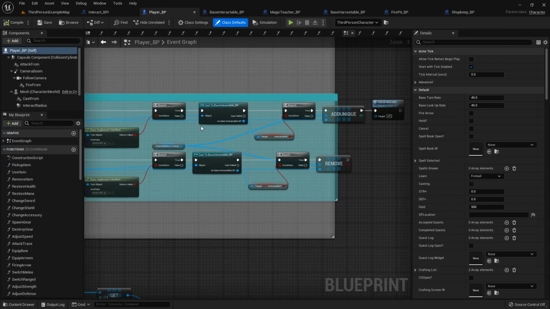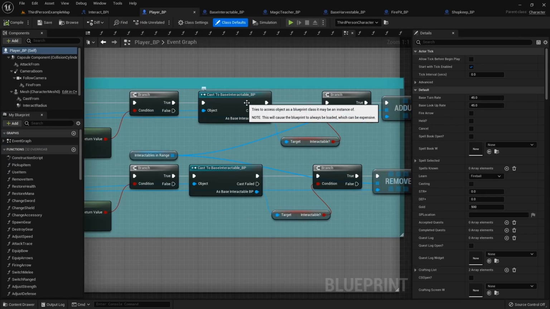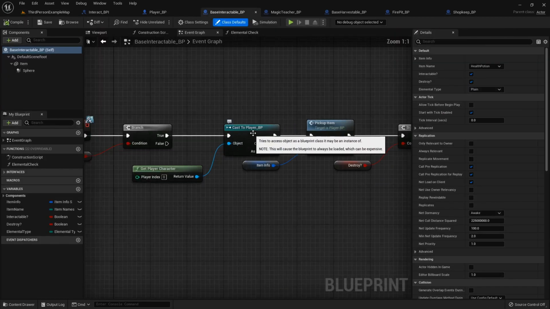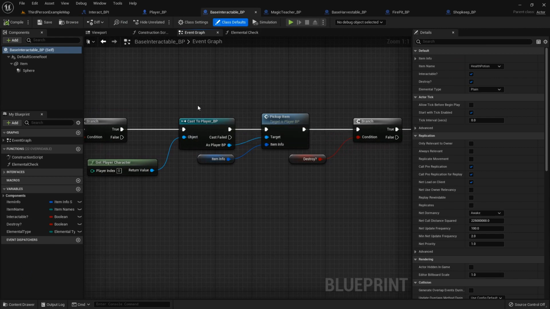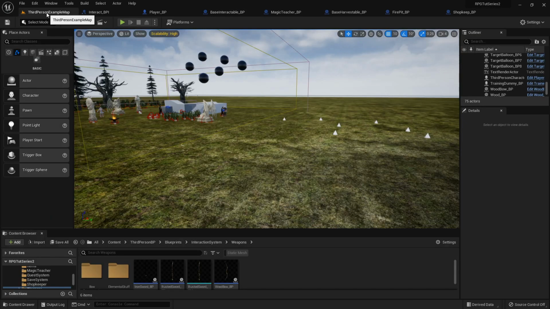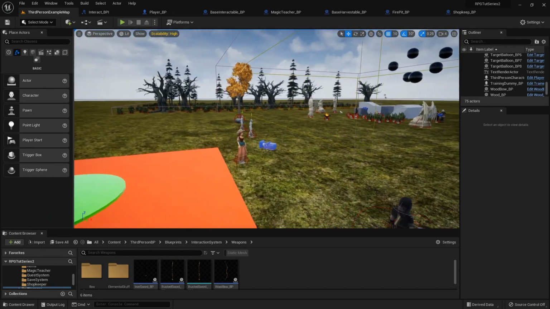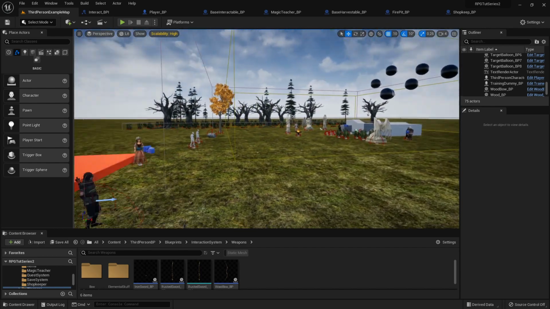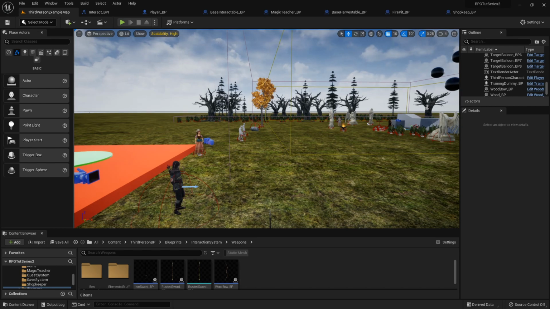So right now our player blueprint is casting to our interactables, which is basically everything in the game, and our interactables are also casting back to the player. This creates a lot of hard references between everything, and it can become like a big tangled web. You might not notice any performance issues when you're test playing certain things, but as the game goes on and you play longer, it would become much more noticeable. So let's take a look at how we can do this with tags and interfaces and reduce our hard references